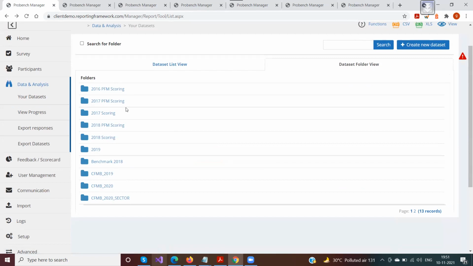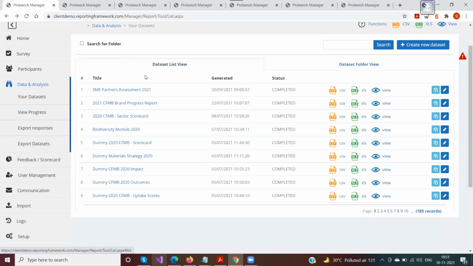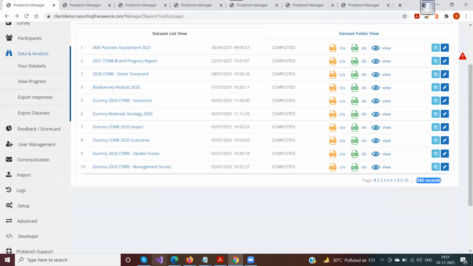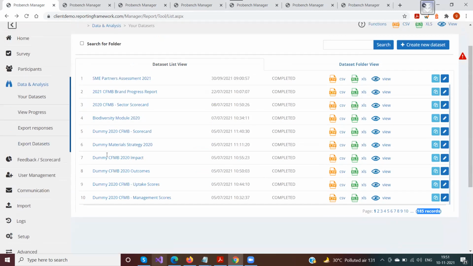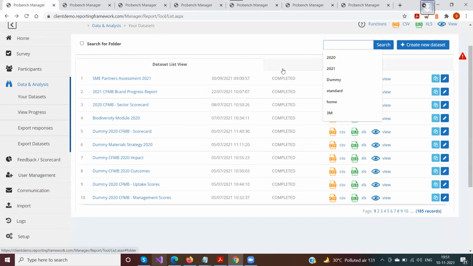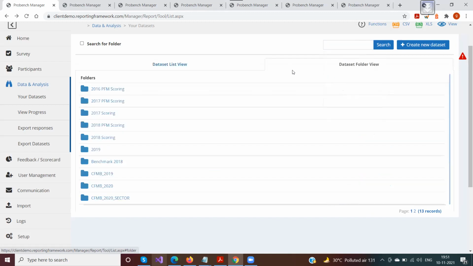So you can create such folders and group multiple data sets into one folder to get more accessibility. Because if you see, there are 185 data sets here. Obviously you can search, but if you don't know the name, then you would at least know some related folders.